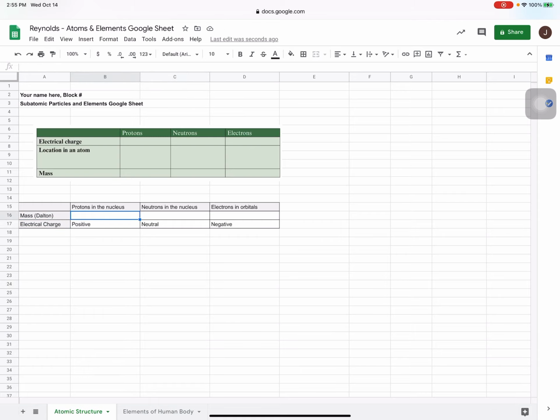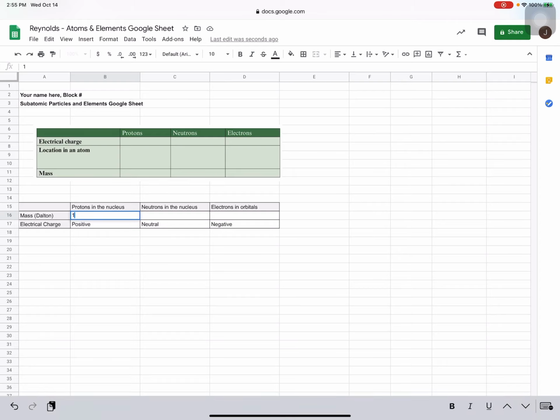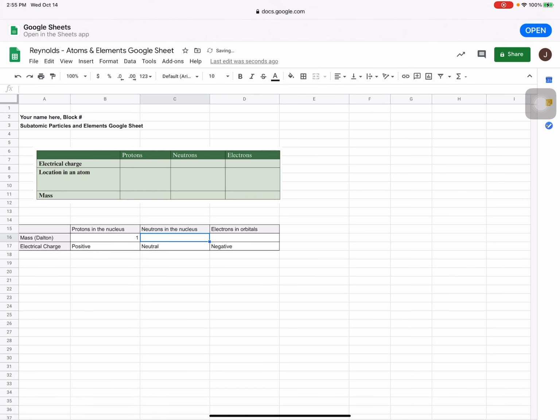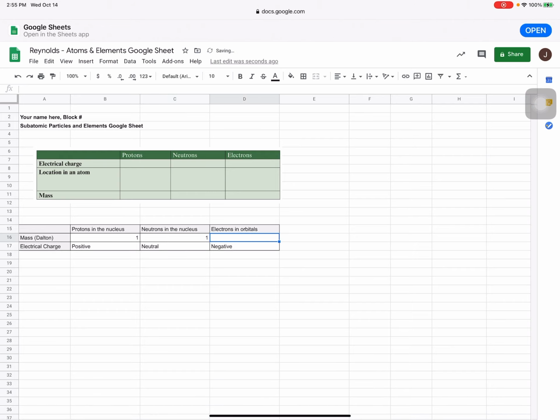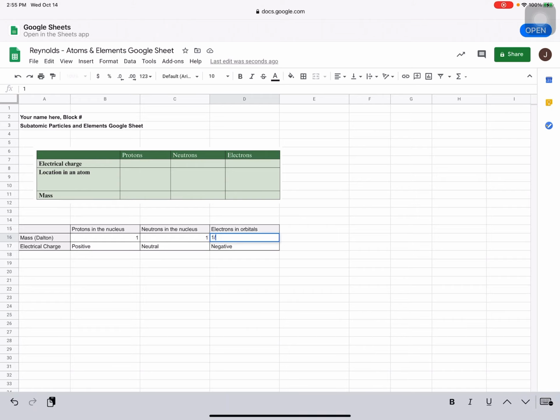So now we can put in numbers. We're going to put a 1 in this column. It turns out that protons are a mass of 1 Dalton. Same thing for neutrons. And electrons are what is known as a fraction. So it is 1 over